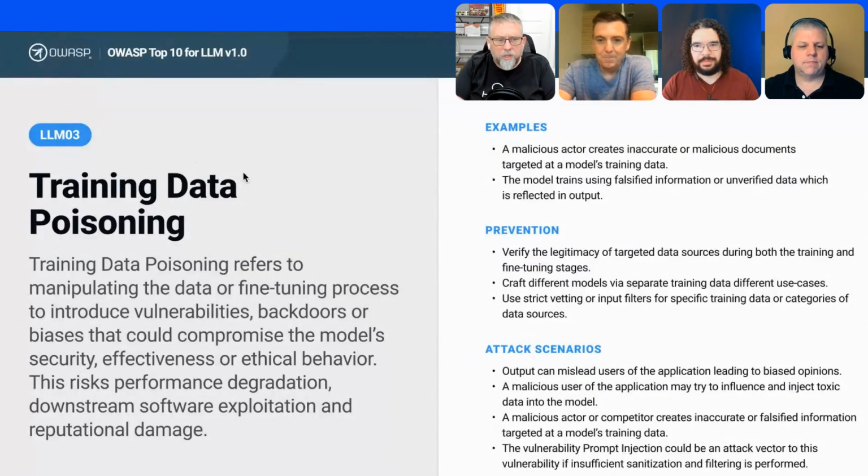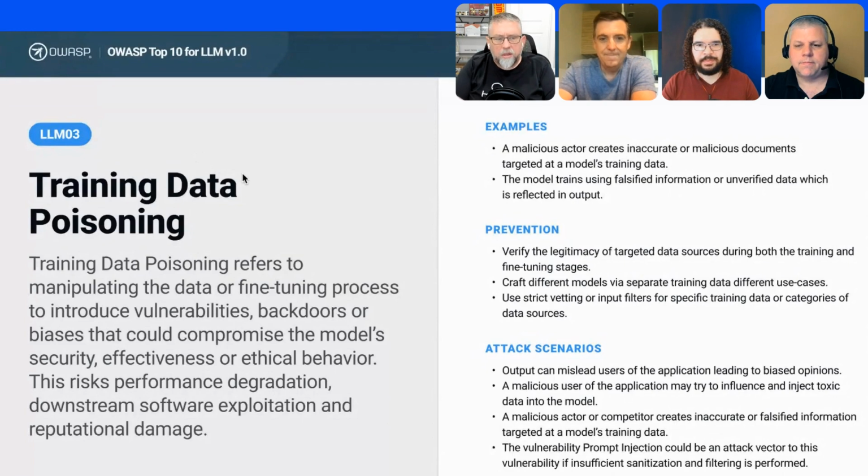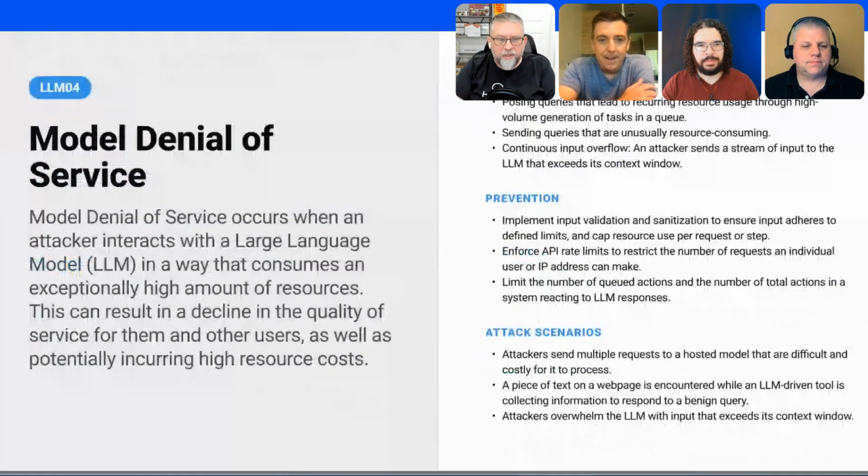Okay. So that's number 3, training data poisoning. Let's move on to number 4. Denial of service. Yeah, come on, don't we have this everywhere else? Denial of service. Yeah, except, why not add it here? As with a lot of things with large language models, there's new twists on it, and there's new ways to attack this. And basically, there's new things that you need to worry about overflowing,